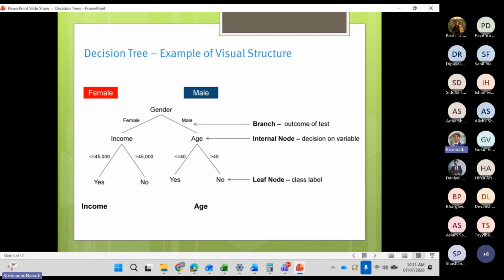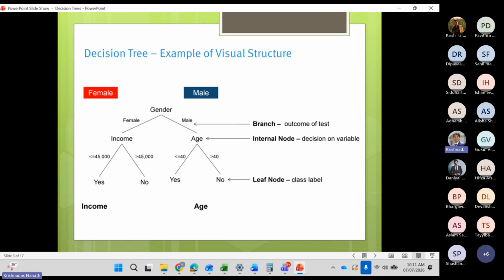Now, notice the difference. Difference number one: in logistic regression, there was a proper equation, something x1 plus something x2, something x3. In decision tree, there is no equation. It is if else, if else, if else. It's actually a combination of if else statements. Have a look.